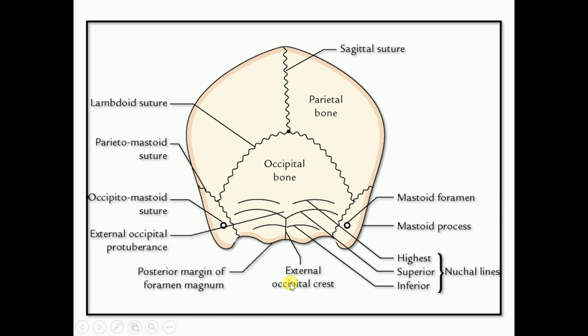And below there are the spines of the cervical vertebrae: the posterior tubercle of atlas, spine of C2 and spine of C7. So this region is called the suboccipital region. This portion lies within the back of the neck. So, starting with the back of the neck,